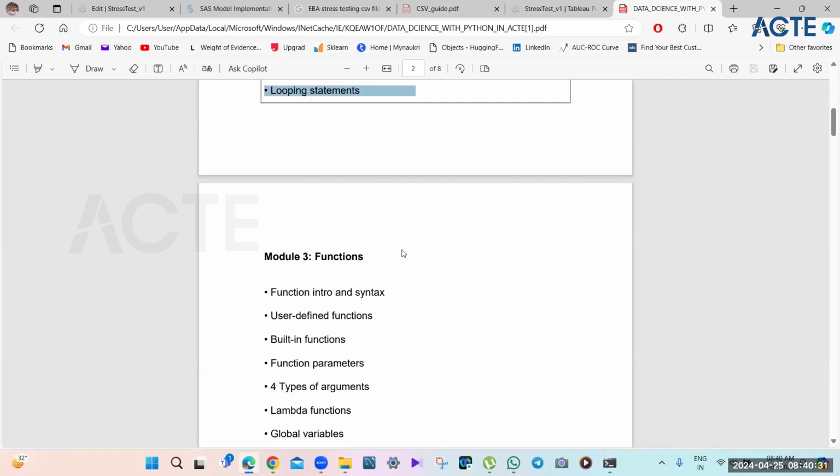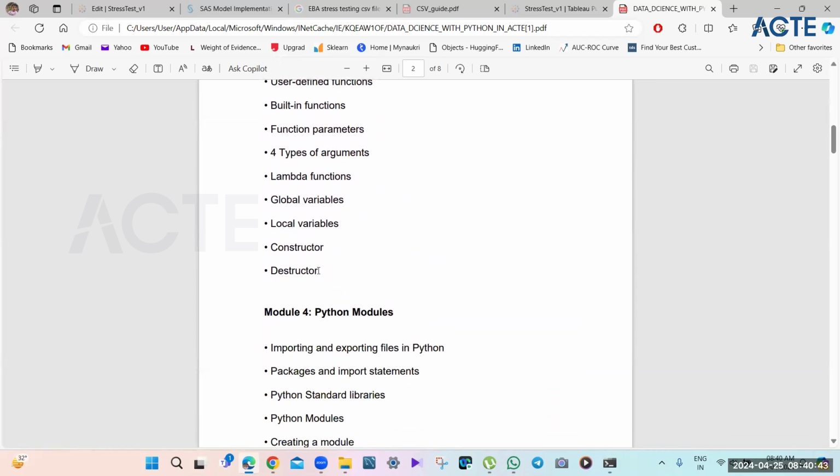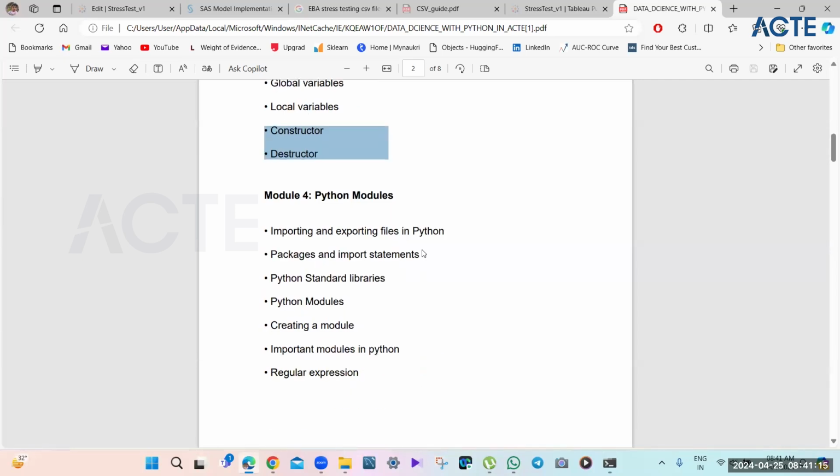Majorly the for loop is the one that we would be using in our day in day out life. And next we saw how the function works, what is a lambda function, how to create a function, how to call a function. We have seen that. These two have been purposely ignored, reason being these two, constructor and destructor, are needed for people on the IT side. So people who use Python as a development tool to develop applications and all, these two would be majorly for them. So that's why I purposely have not touched these two things, because we don't need this as part of data science at this point.